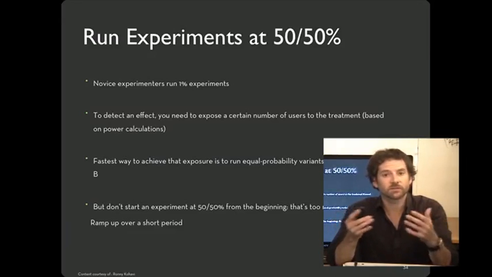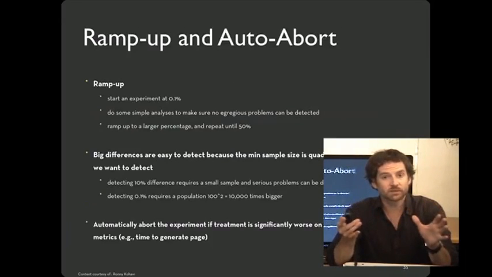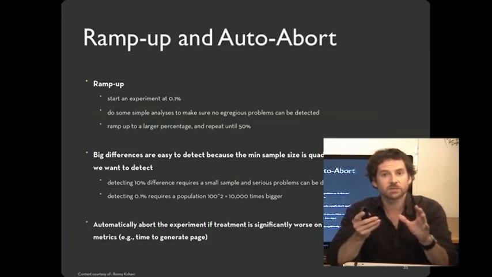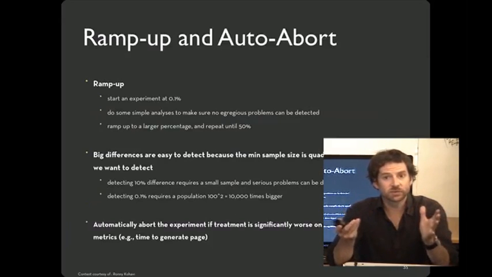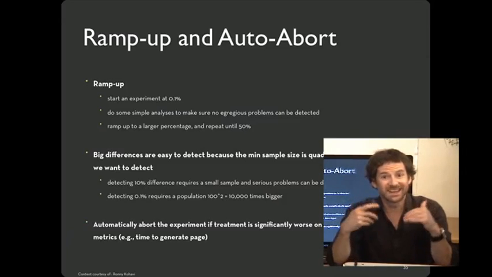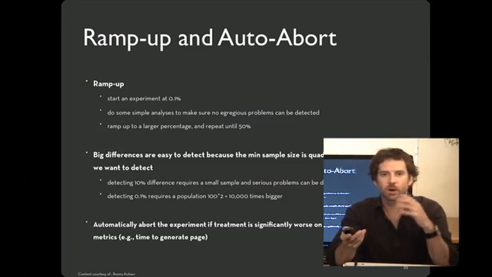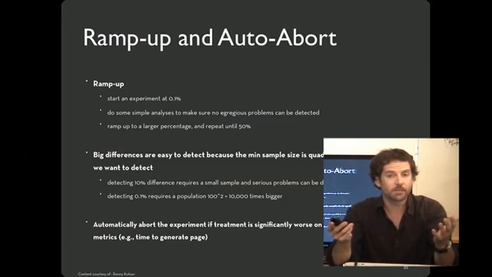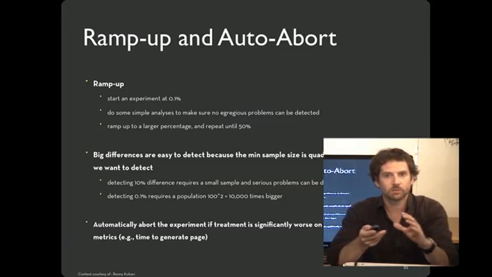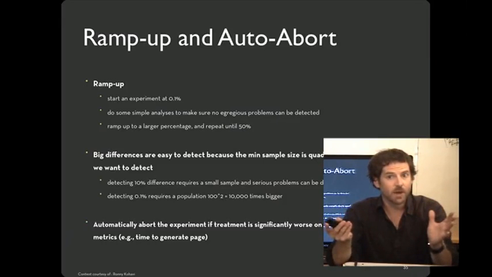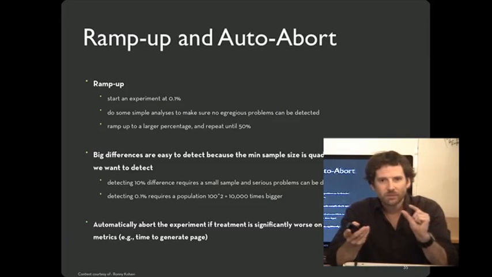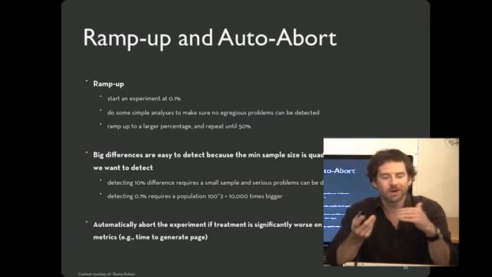However, you don't want to start out at 50-50 initially. What you want to do initially is ramp things up. And the reason for that is your design may be disastrous. Usually if you see a big change in the first few people, it's a negative one. And that's going to be because of software bugs or other just things that you didn't think of, problems that happen. And so rather than expose it to half the population initially, try out with a small sample, looking primarily